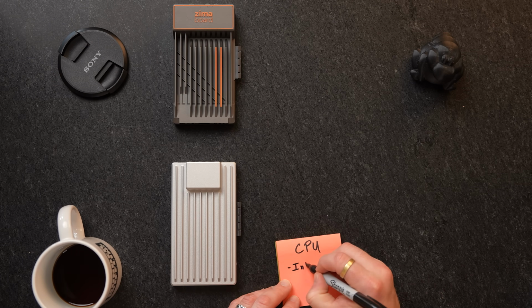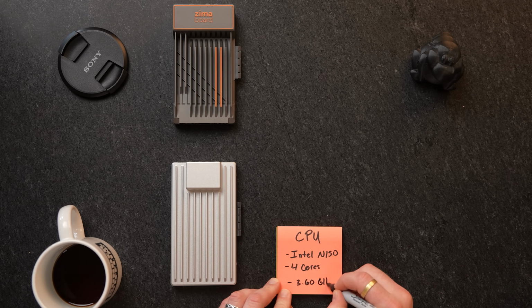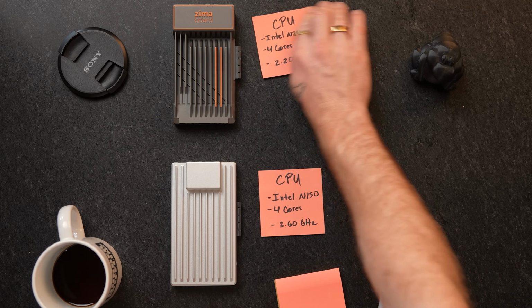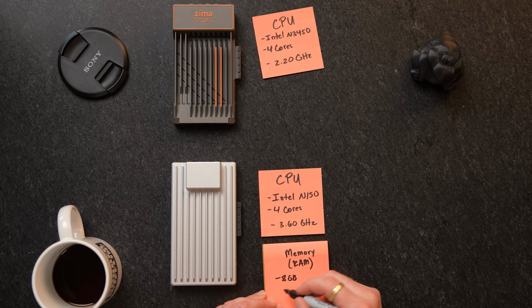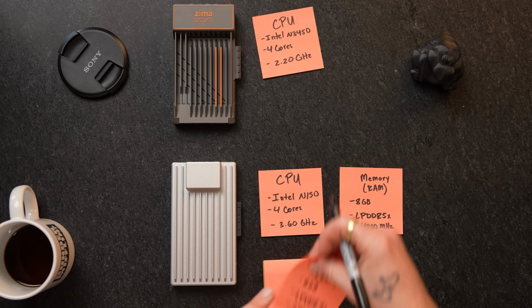The sucker's rocking an Intel N150. 4 cores with speeds up to 3.6 gigahertz. It's a pretty good processor upgrade. For memory, we're talking about the same quantity, 8 gigabytes, but speed is where it's at. We've got LPDDR5X, 4800 megahertz. That's a massive RAM upgrade compared to the first one. Double the speed. Hey, NetworkChuck from the future here. They actually do have a 16 gig model they forgot to tell me about, and I wish they would have